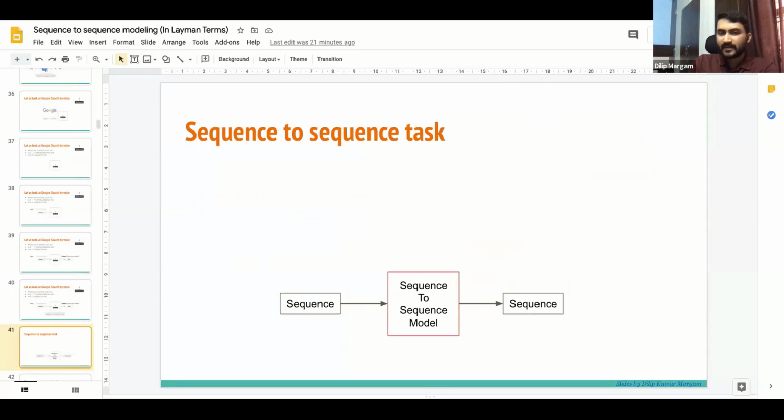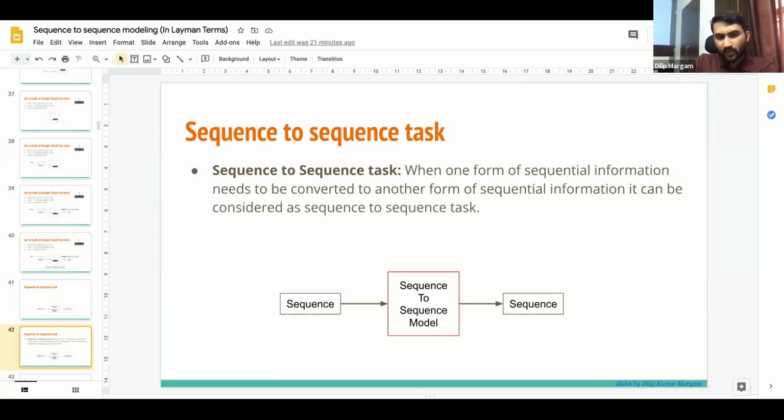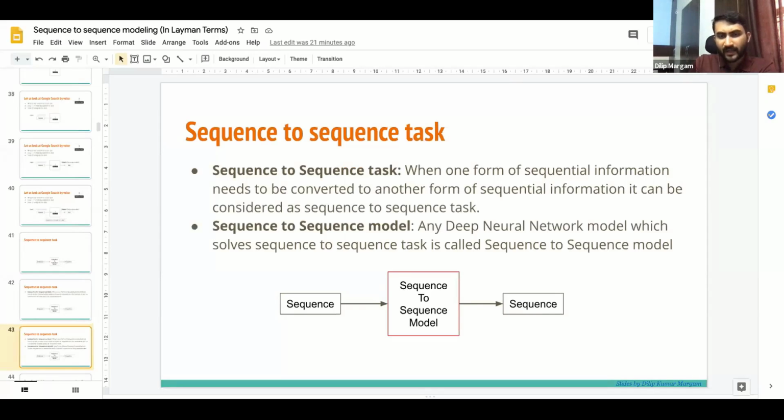Next, there is sequence to sequence. Now I would like to generalize the sequence to sequence task. What is a sequence to sequence task? Any task which translates an input sequential information to any other form of sequential information is called a sequence to sequence task. So what is a sequence to sequence model? Any deep neural network model which does this task is a sequence to sequence model. So given that now we know what a sequence to sequence model and a sequence to sequence task are,